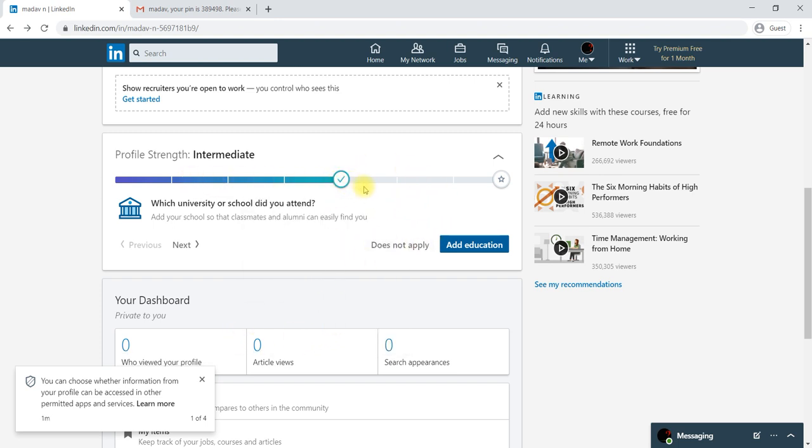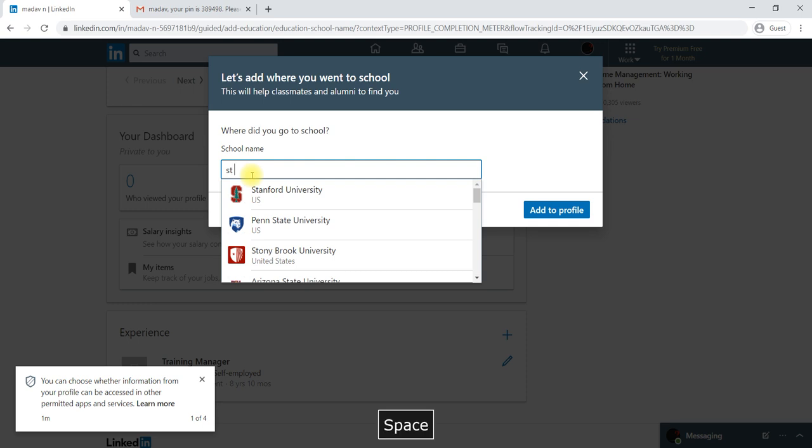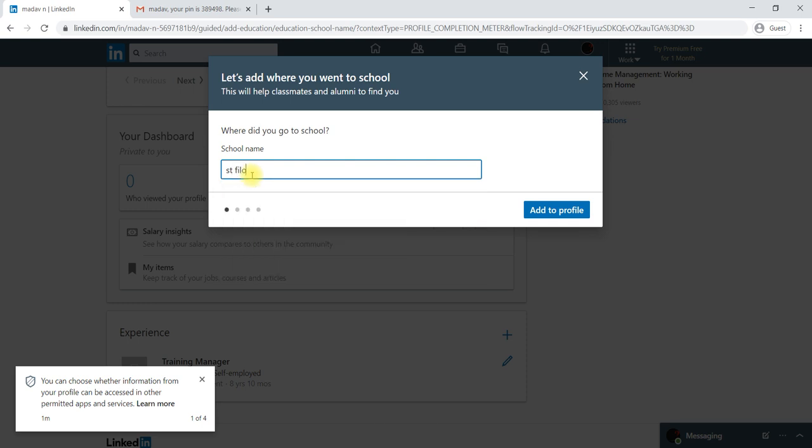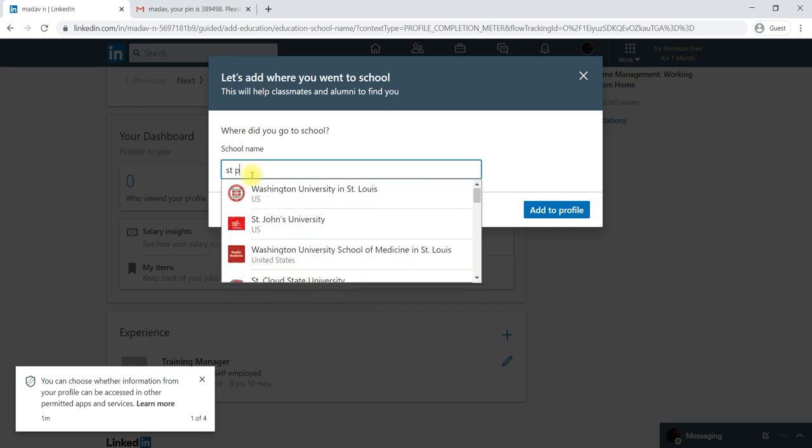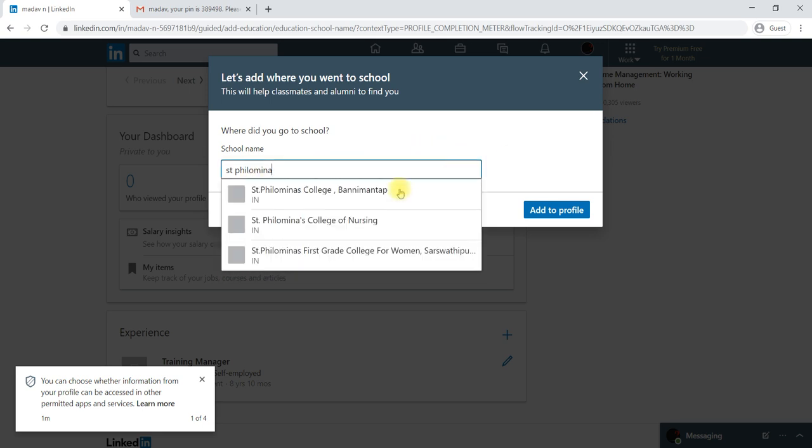If we need to add education to get it completed, you can start adding education, like where you did school. Okay, or it should be there in your profile, otherwise it will not be taken. We'll give a college name.